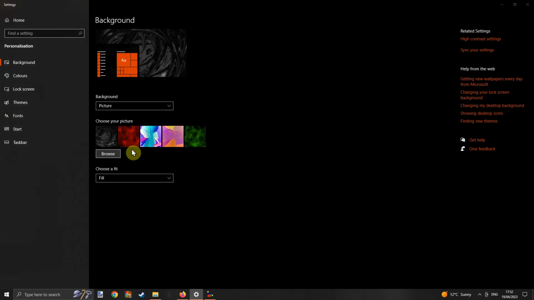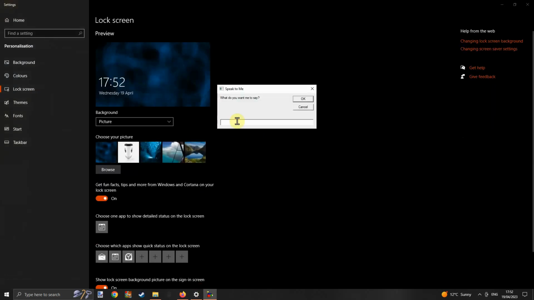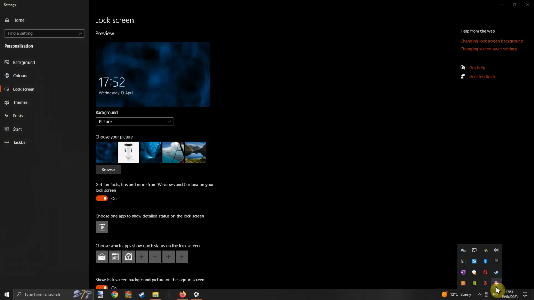For the background, click Browse, then search for the file and PNG. Basically the same with the lock screen. Once you are done, you can stop